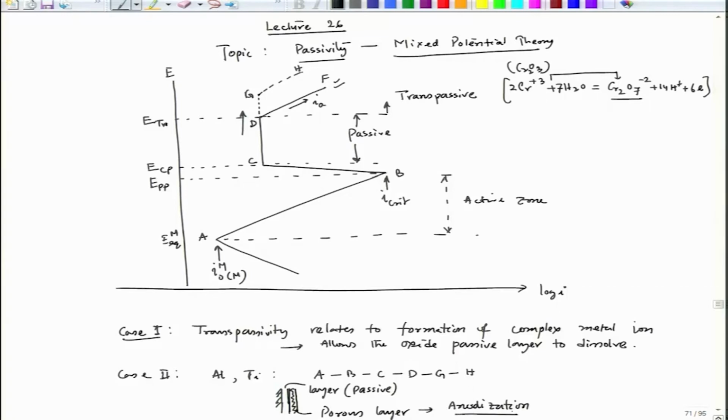Okay. So, this porous layer, when it forms, we call it anodization, or anodizing. So, this anodization is related to some of the metals like titanium and aluminum. Since it is a porous layer, the dissolution rate further increases, and this thickness of the porous layer could reach up to 200 to 300 micrometer. Since the thickness has to increase, that is why this porous layer forms. This is anodization. Okay.